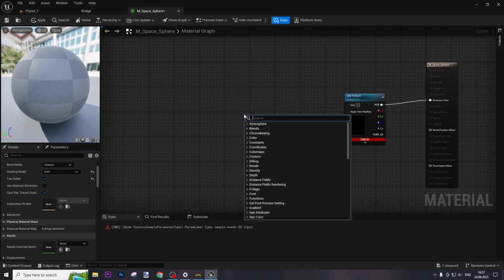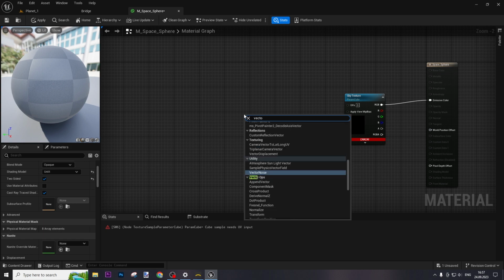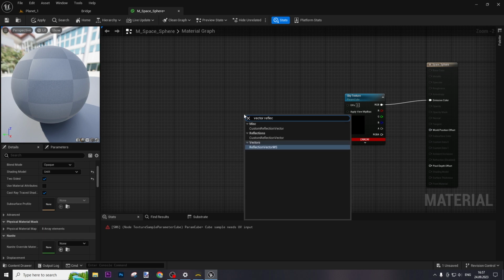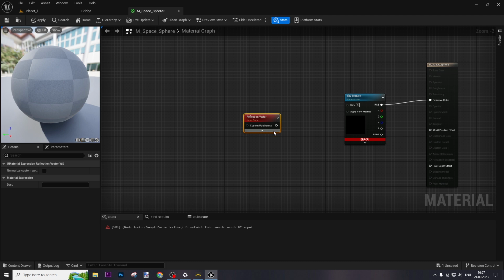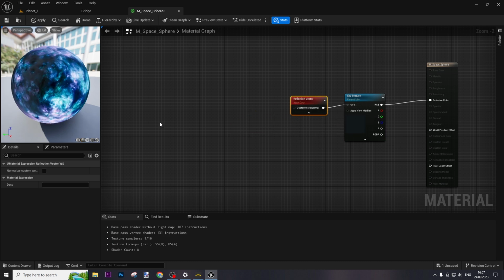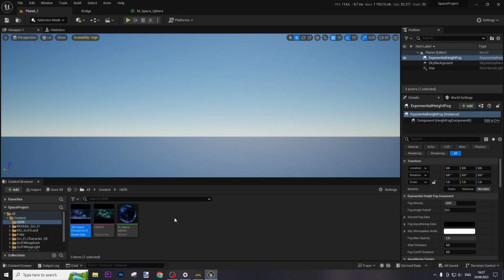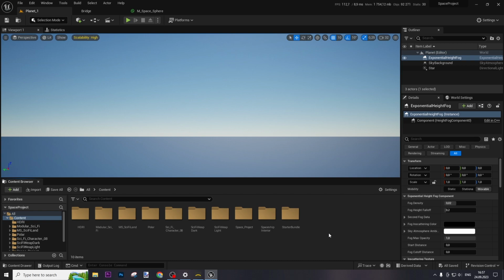Let's create first of all vector reflection. This is when you are surrounded by some texture, then you need this type of input data. So connect it here, apply and save. This is very simple material, we'll make it advanced later. So let's move on. We need to add our